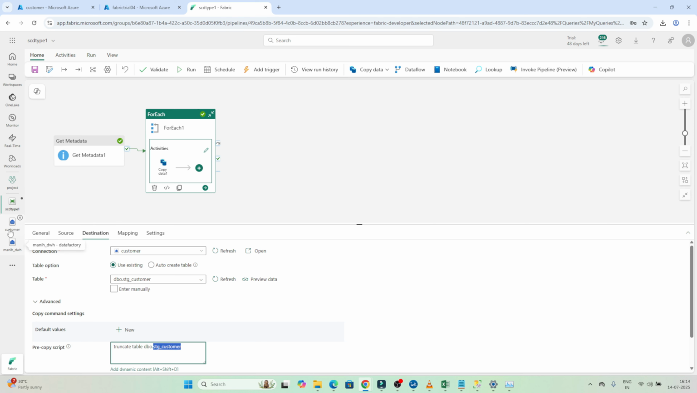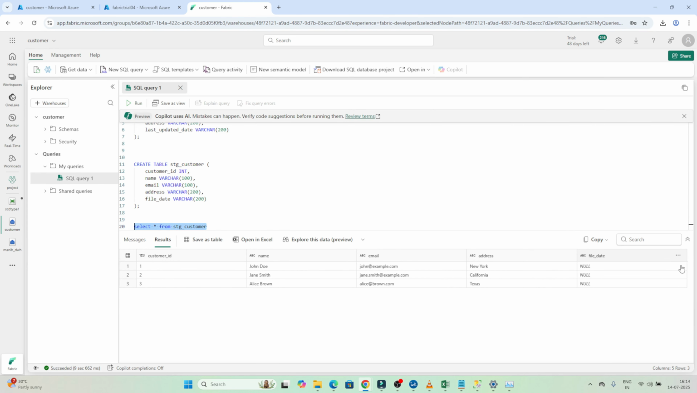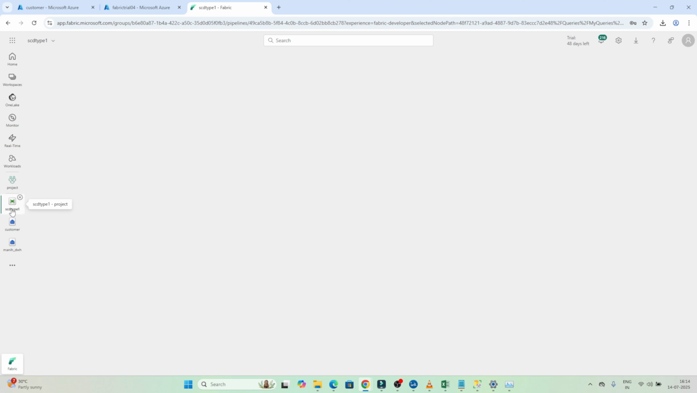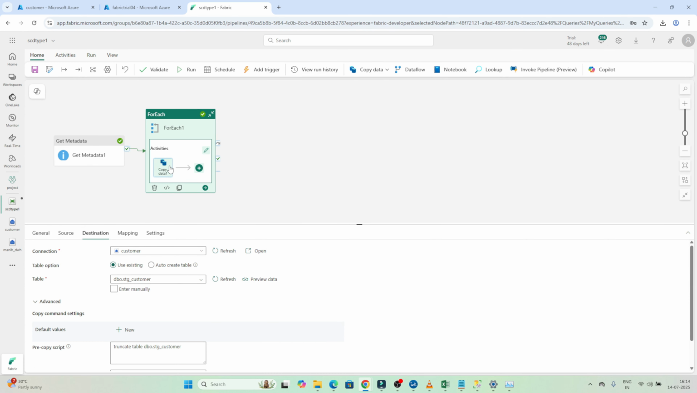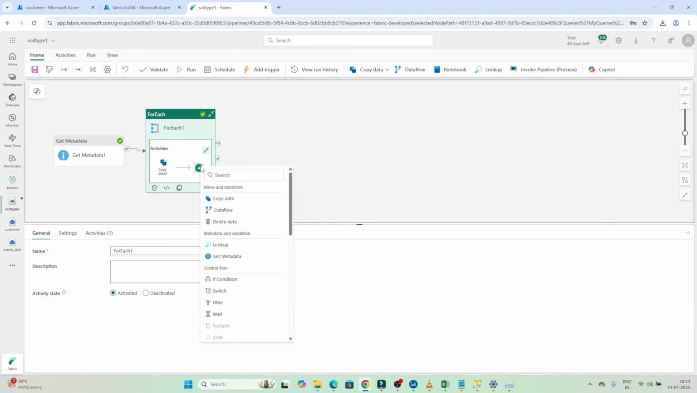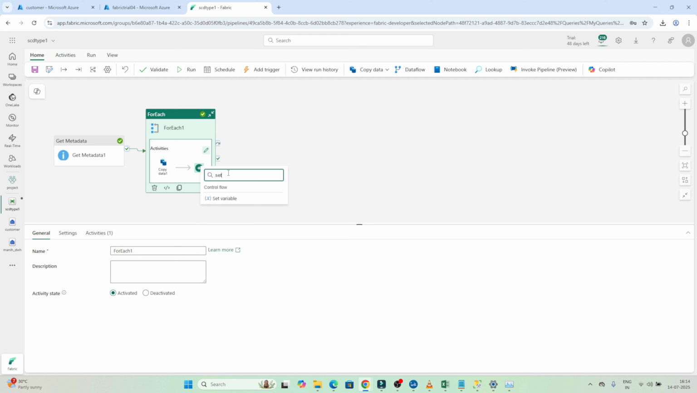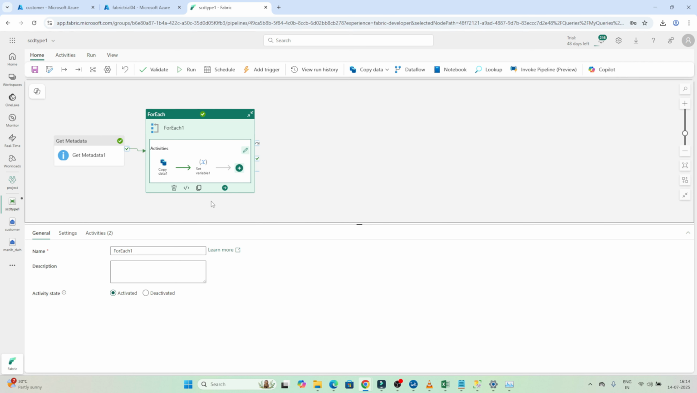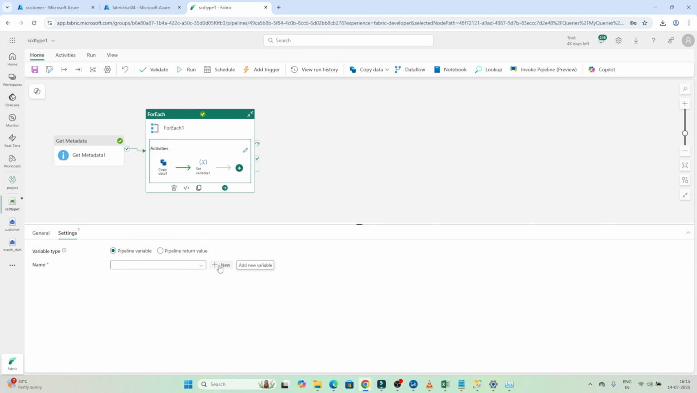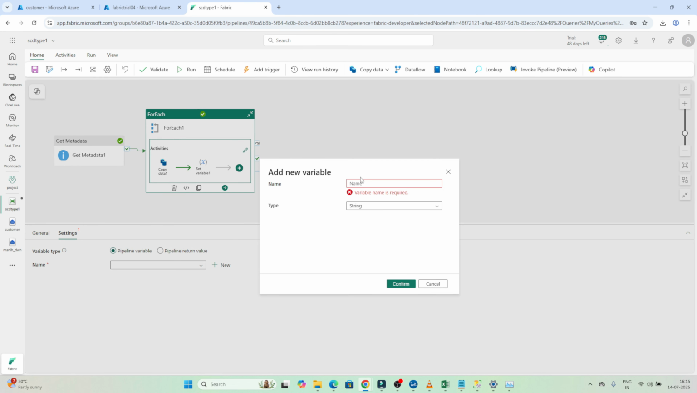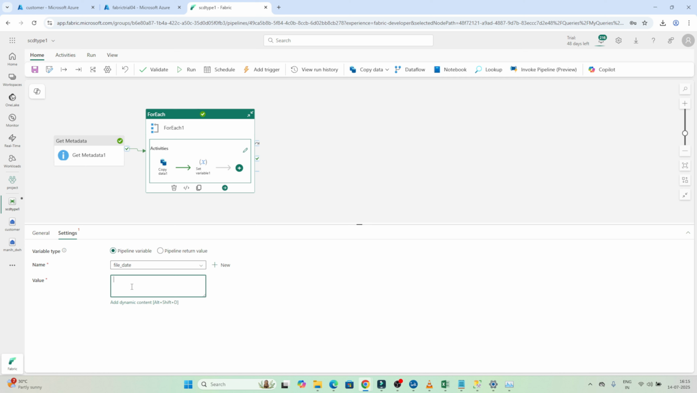Now our main problem, if you see in the customer table, this file date is not coming. This file date we want to store. So how can we do that? So I'll go to the SCD type 1. We will create one variable. So click on the set variable. We are going to create one variable, set variable. Go to the settings, create a new set variable. Name we will give as file date, string. Click on the confirm, and the value